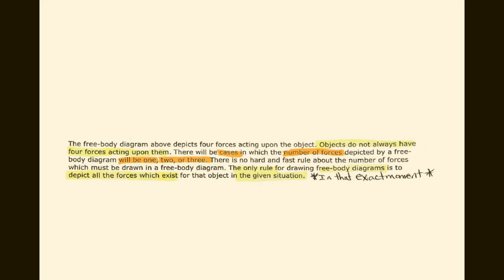All right, so that free body diagram depicted 4 forces acting on the object. Objects don't always have to have 4 forces acting on them. That number could change. The minimum is always 1. The maximum could vary. So you could have 1, 2, or 3, or even more. There's really no hard and fast rule about how many there should be, other than the fact that there's always one,